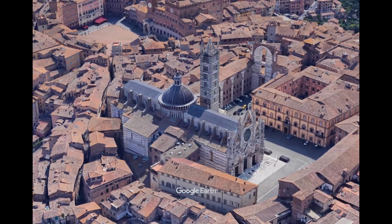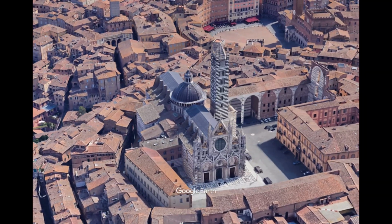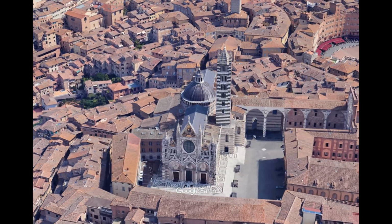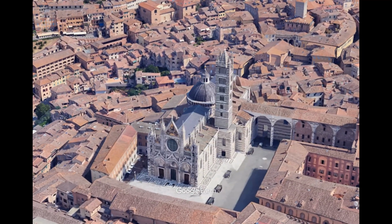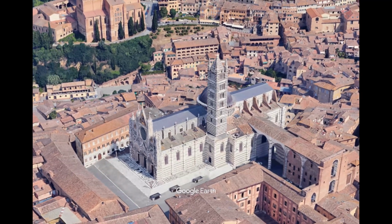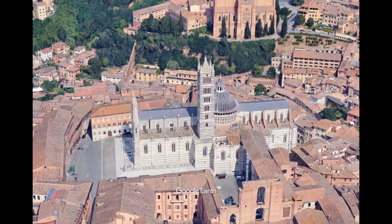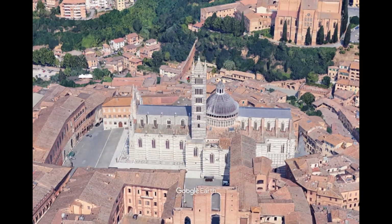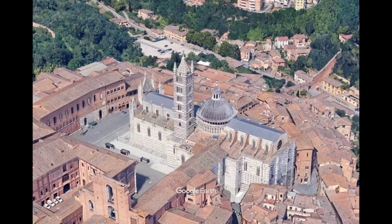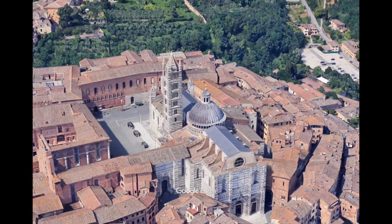Siena Cathedral, or Duomo di Siena, is a captivating example of Italian Gothic architecture, renowned for its distinctive striped marble and artistic richness. Construction on the current cathedral largely took place between 1215 and 1263, with significant contributions from artists like Nicola and Giovanni Pisano. Siena's ambition, particularly in the 14th century, led to plans for a Duomo Nuovo, new cathedral, that would